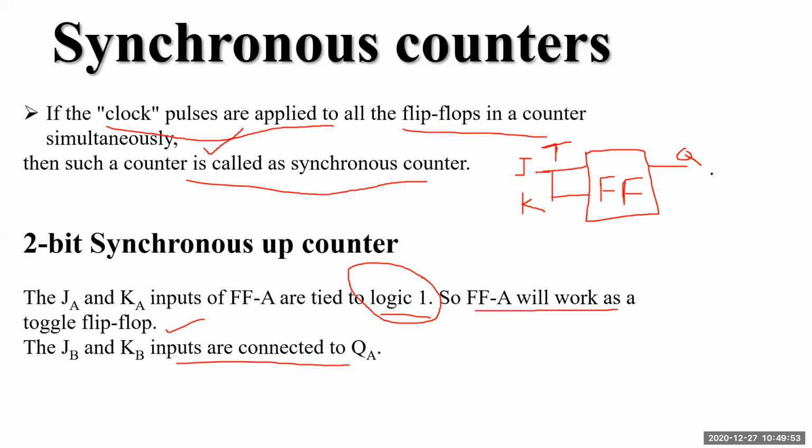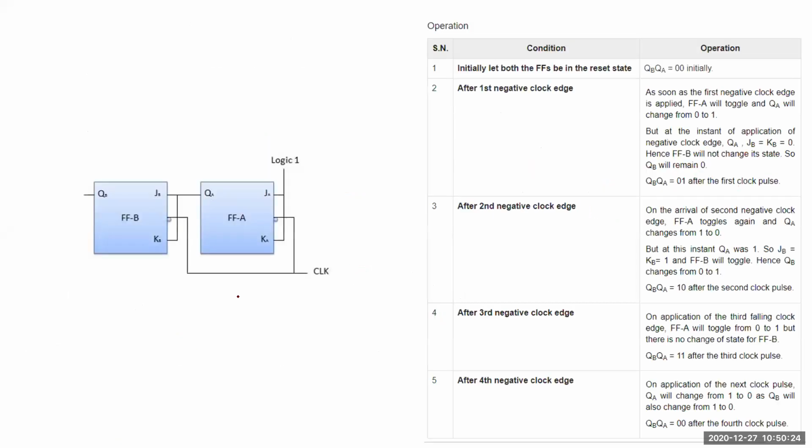Now again, in order to make that one a toggle flip-flop, the earlier one is flip-flop 1 and this is flip-flop 2. Even this one will have the two inputs J and K. If I'm connecting this J and K together, now this becomes another toggle flip-flop, where the output of the previous one is connected as an input to the two inputs of this flip-flop. So this becomes another toggle flip-flop. So see now, this is what I was talking about. This JK flip-flop, where both inputs are connected to logic 1, and again the J and K of the next one are connected to the output of this one.